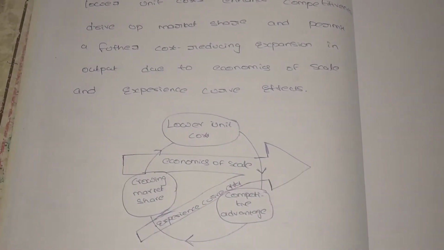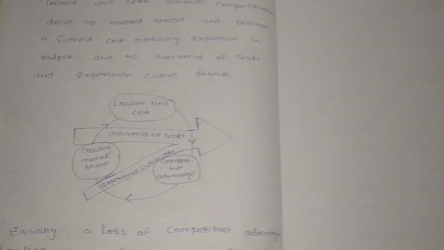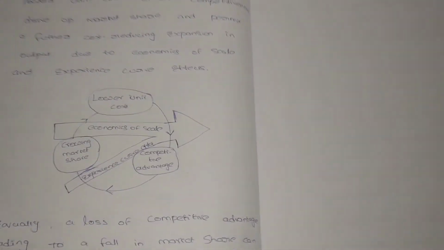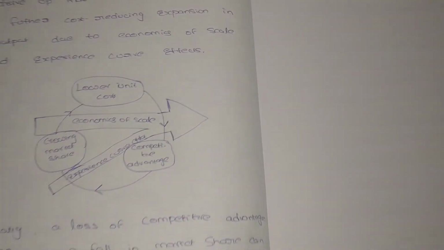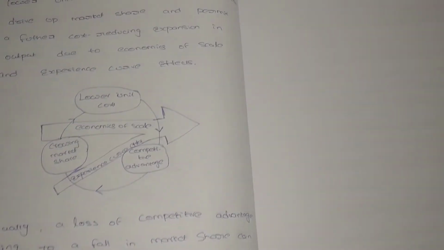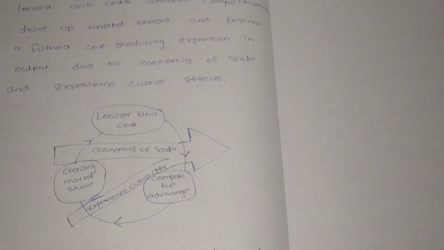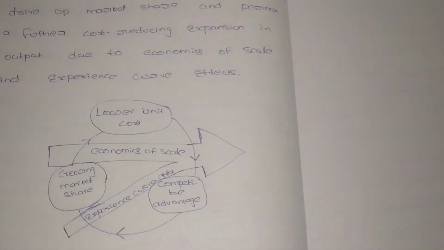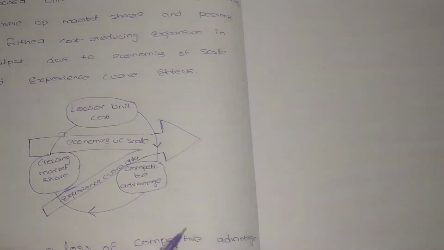Based on the virtuous cycle, when our input cost gets lower, we can produce more goods compared to our competitor and gain more advantage. We can call it competitive advantage, and we can also capture market share, meaning we are in the top position in the market because we give our product at a very reasonable cost, so all the customers come and purchase our product only. So this is about the experience curve.